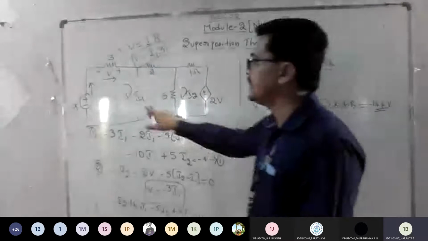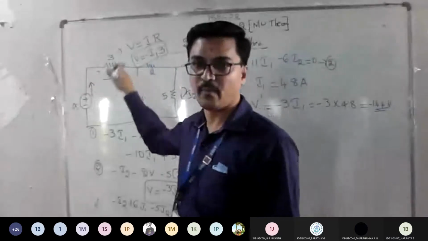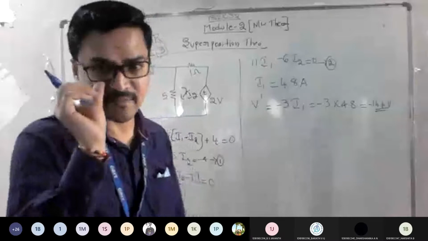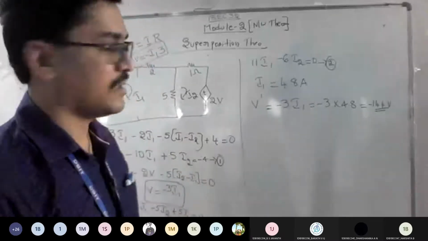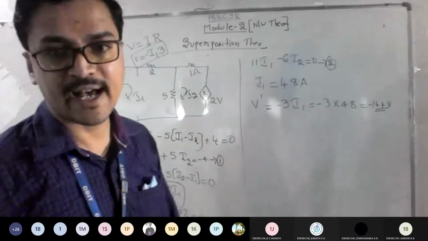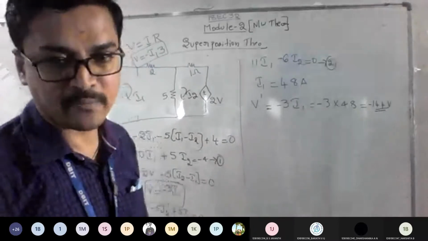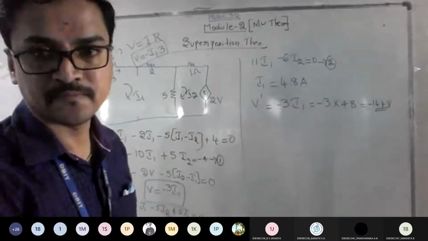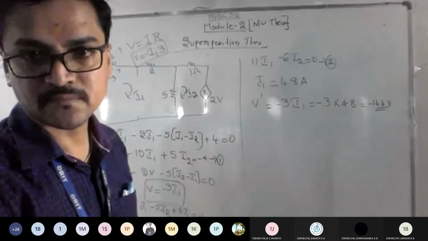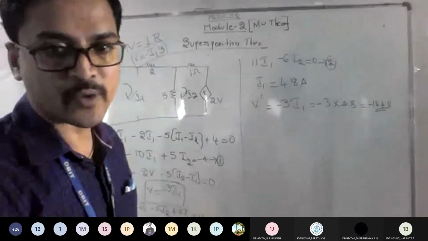Always remember, if the polarity is plus minus, then you can write positive. If it is minus plus, the assumption will come the reverse way. So have an awareness there, that is a mistake you will commit. So for case 1, the V dash answer we got is minus 14.4. Everyone got the same answer? Am I clear till now, everyone? Yes, sir.